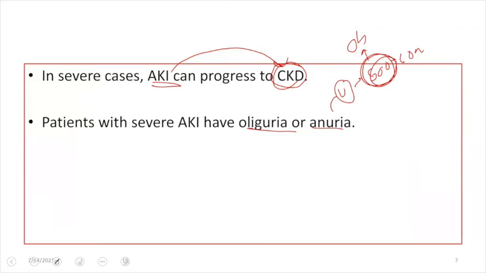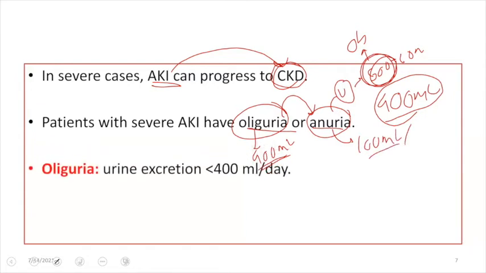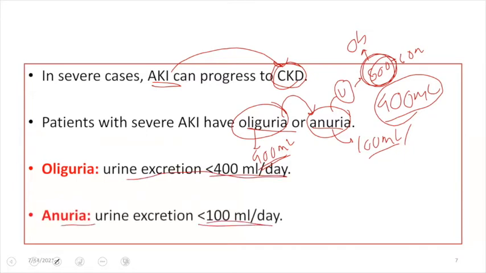If the amount of urine is less than 500, or less than 400 ml, the filtrate will not be enough, so the level of unwanted substances in the blood will increase. This condition is known as azotemia, and it will be seen whenever the amount of urine formed is less. If the amount of urine is less than 400 ml, that condition is known as oliguria. Sometimes it may be very severe, and a very small amount of urine will be found, less than 100 ml per day, and that condition is known as anuria. So oliguria, as I've said, means urinary excretion of less than 400 ml per day, and anuria means urinary excretion of less than 100 ml per day.